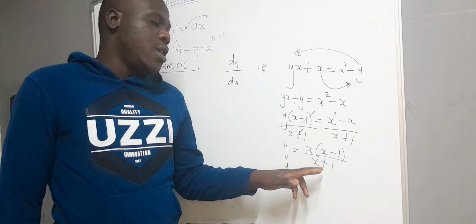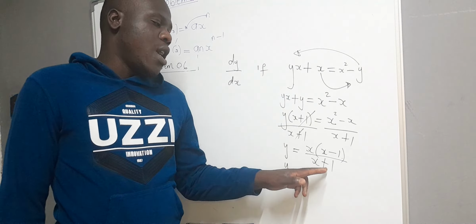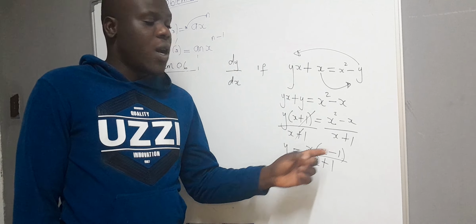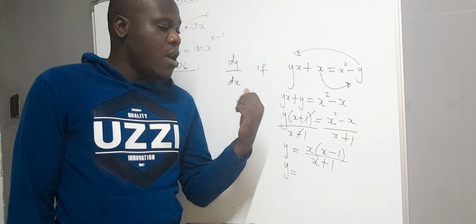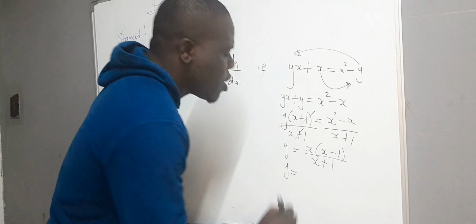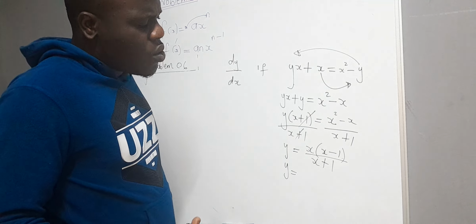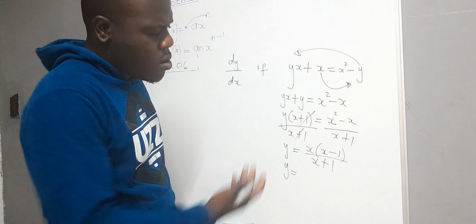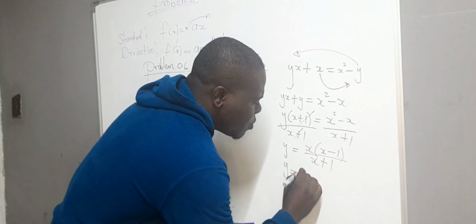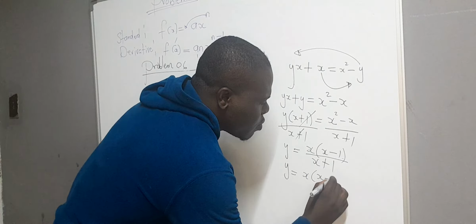Here you see, here I have x plus 1 and here I have x minus 1. So you need to cancel them. Your main aim is to cancel, and these two are not the same. If they're not the same, it means you have to do something. You can do it on top or on the bottom. It's up to you. I can do it on the top, still okay. So let's do it on the bottom. x into x minus 1